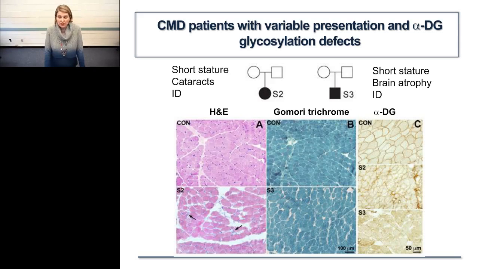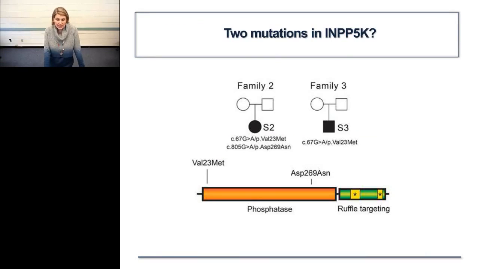If you see at the top in the alpha-dystroglycan column, the nice localization of the dystroglycan around the myofibers, and then the complete disruption in the patients, which is not a loss, because we can see there is still dystroglycan present. It just seemed to be completely disorganized and maybe in some cases trapped inside the cell. But this still was presented to us as a dystroglycanopathy, and so when we sequenced these families, we found maybe